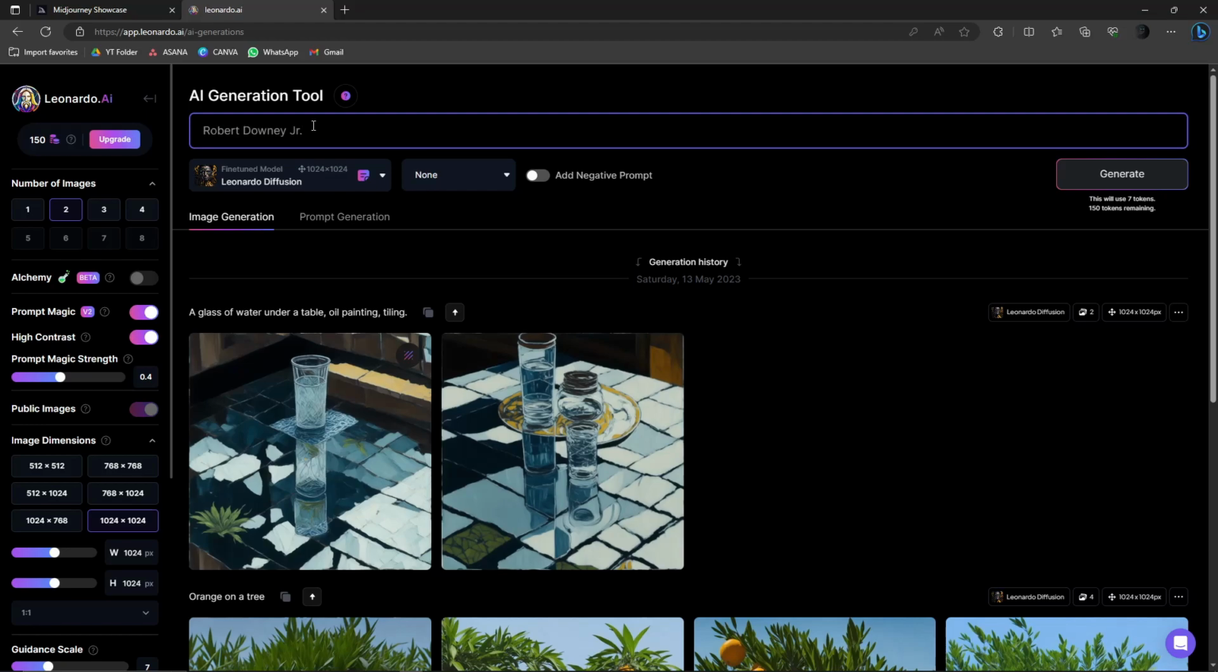Because Chris Hemsworth was earlier, right? Let's just type in Robert Downey Jr., Iron Man, Cyberpunk, or Steampunk. Let's check it out. Before I click on enter, please take note on the left side of the screen there